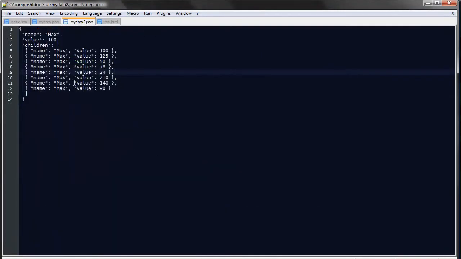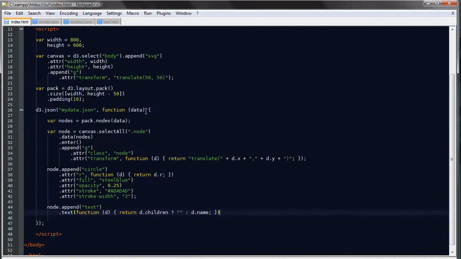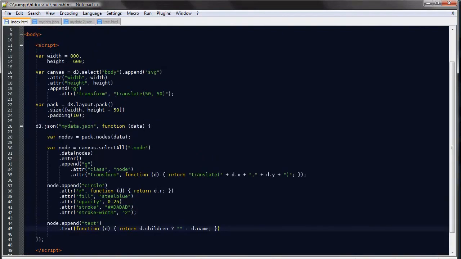I've prepared another set of data, and I was lazy, I just called every object max, but I simply created a data file composed of one root node and then an array of objects all at the same depth. So if we go back to index.html, and instead of loading my data.json, we'll load my data2.json,